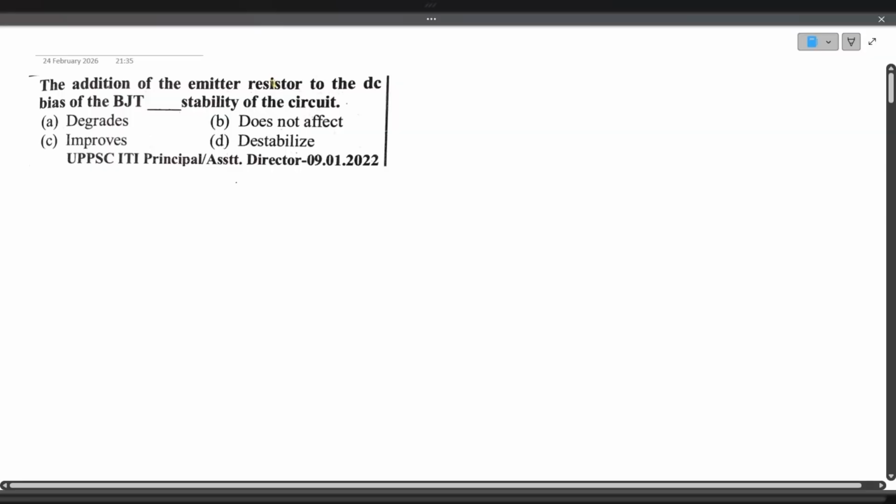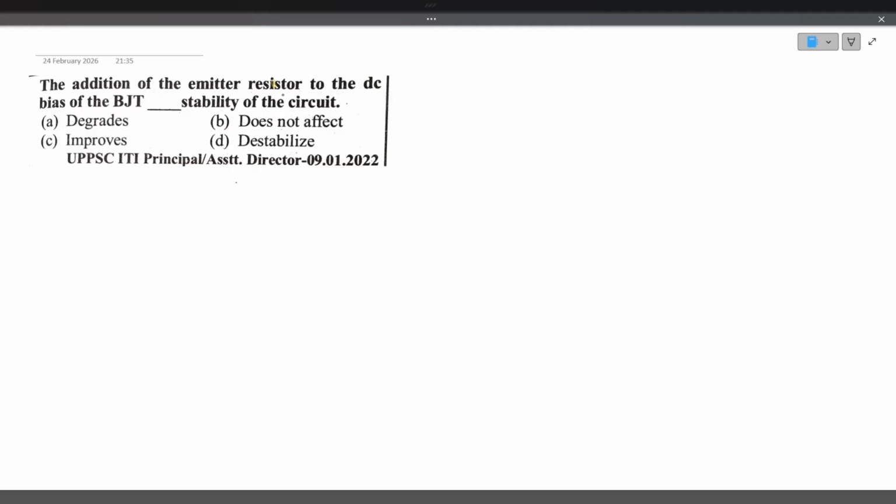So next question: the addition of emitter resistor to the DC bias of the BJT dash the stability of the circuit. So if you see the circuit diagram, we'll see this in great detail. He's asking for emitter resistance. Emitter resistance will come into the picture in the self bias. So this is a common emitter configuration where emitter resistance is added in the circuit along with the